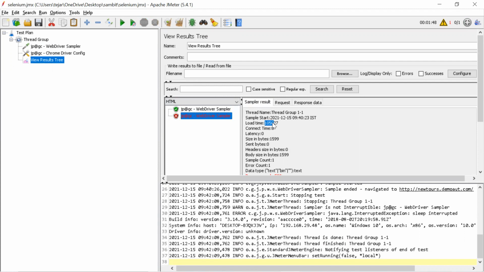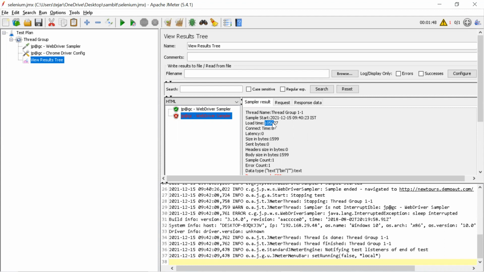No, so that means, suppose for example we have a website: launching the website, logging in, then doing a search. I want to see the way JMeter works. Launch is like 3 seconds, login 5 seconds, search 3 seconds. That won't display here. Then what is there here? The load time is the complete thing: from opening the browser to closing the browser, that is the response time here.